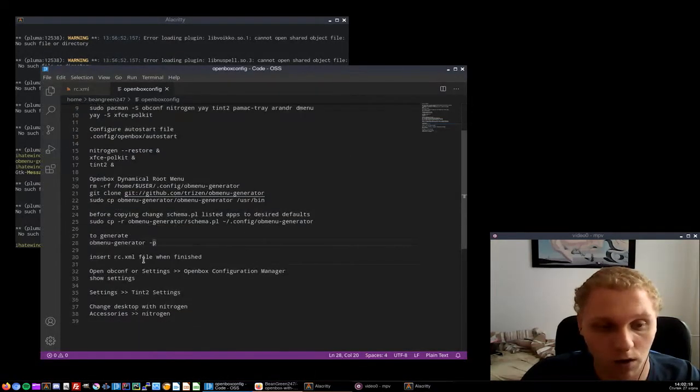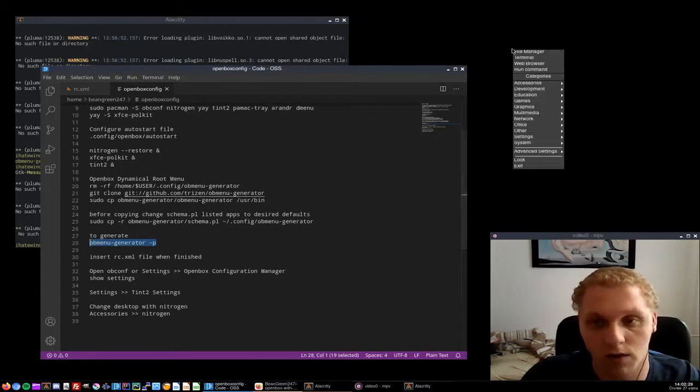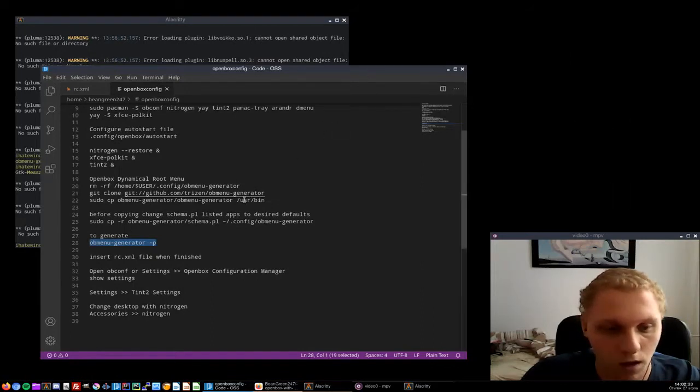After that, you want to run the obmenu-generator -p. -p is without the icons. I wasn't able to get it working with icons, so I recommend you just run this one so you can have a simple and minimalistic login and working menu. After doing that,